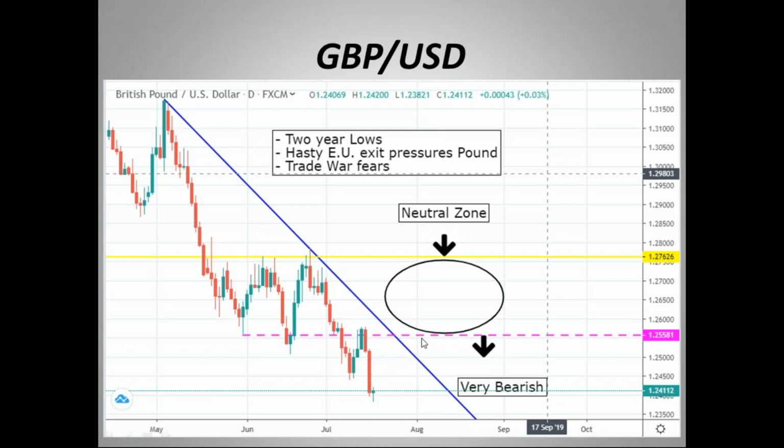Now, the amplitude of these corrections is very tight, and that's something that concerns me. A neutral phase is very possible, meaning that we can have these two pivots here, which would be great for options traders. Directionally, though, I think you would have to wait for a rally up into this area to look to sell the market. As far as buying the market, this is a really tough trade here.